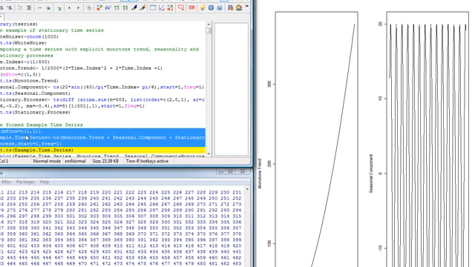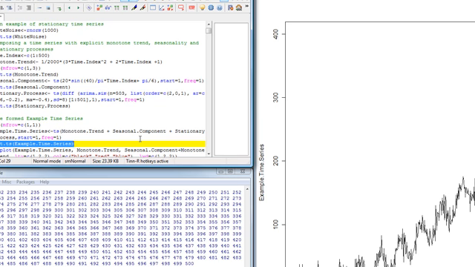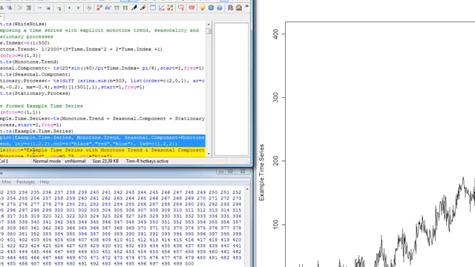What we can now do is define an example time series being made up of the three parts: the monotone trend, the seasonal component, and the stationary process. Let's have a look at a plot of that. Okay, so looking at the plot, here we see the quadratic trend, the harmonic seasonal function, and a stationary process which seems to have a structure about it. If we want to see it more clearly,